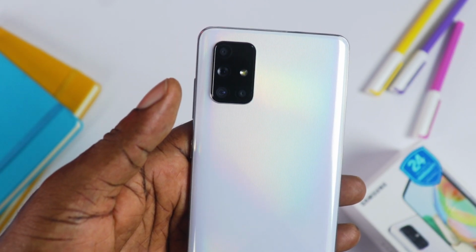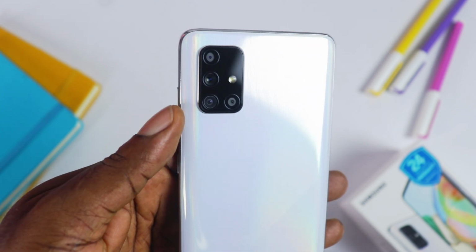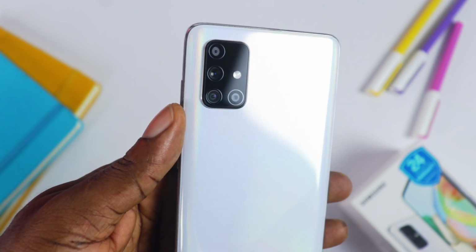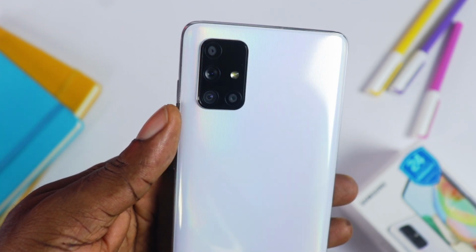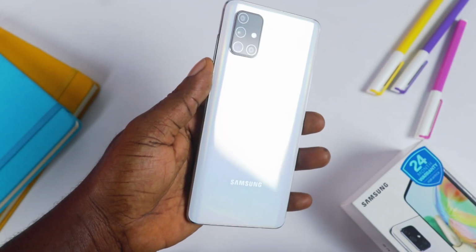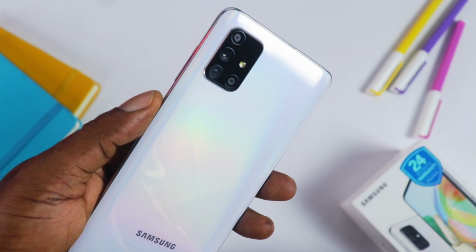What I have here is called Prism Crush Silver, and you can see some prism style thing going on. It looks beautiful and very attractive. I'll say I am super impressed with the design and the build quality here. It weighs about 179 grams, which is a lot lighter than the A70. In my opinion, it feels light and nice to hold,